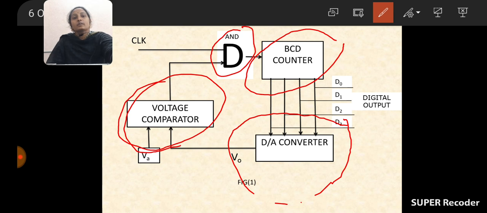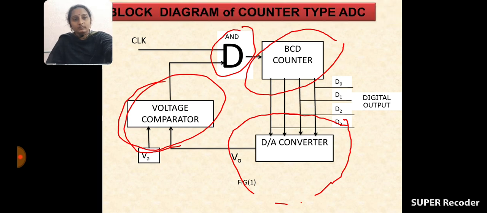How many important parts are there? Four important parts are there. What is the first one? Voltage comparator. Second one, AND gate. Third one, BCD counter. Fourth one, D2A converter. So total four are there: voltage comparator, AND gate, BCD counter, D2A converter. In construction it consists of four blocks: voltage comparator, AND gate,